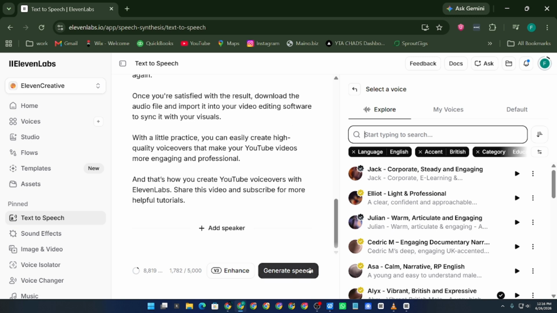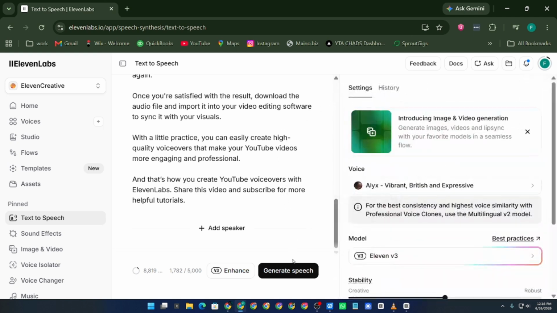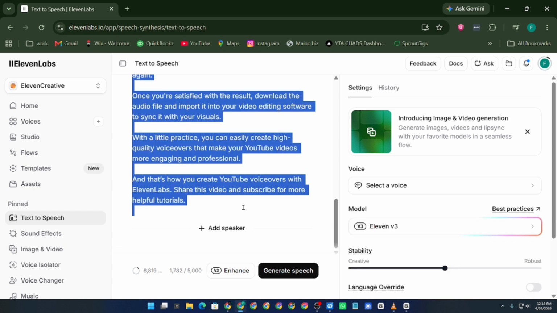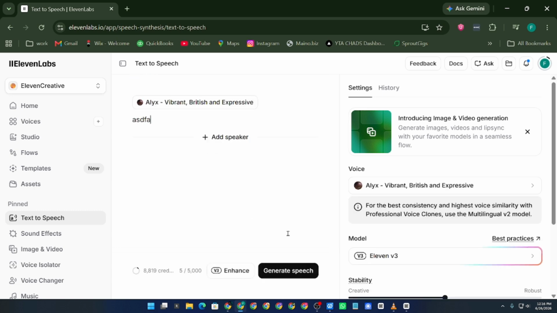Click Generate and wait a moment while ElevenLabs converts your text into speech. After it's ready, listen to the voiceover carefully. If something feels off, you can adjust the text, change the voice, or tweak the formatting and generate it again. Once you're satisfied with the result, download the audio file and import it into your video editing software to sync it with your visuals. With a little practice, you can easily create high-quality voiceovers that make your YouTube videos more